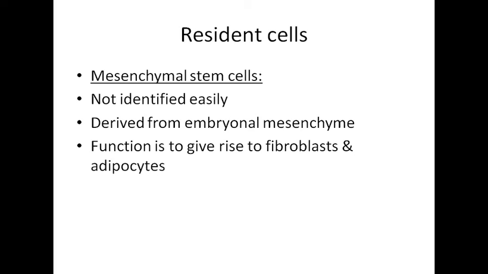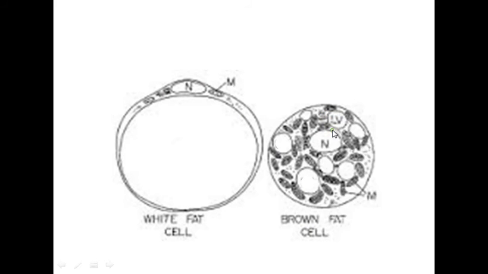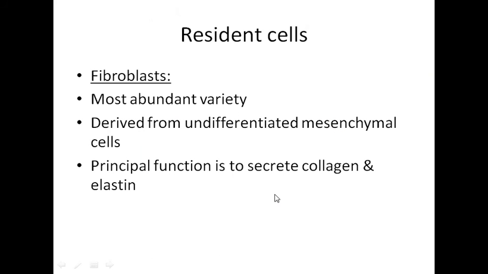This is what we are talking about in contrast to the connective tissue only, right? So mesenchymal stem cells का function in this context will be to give rise to fibroblasts and adipocytes. Fibroblast का क्या function था? Let's go to the slide first so that we can revise it properly. The function of fibroblast is to secrete collagen and elastin, right?